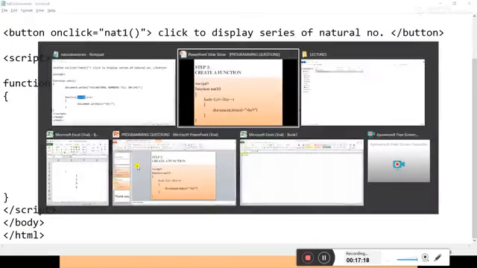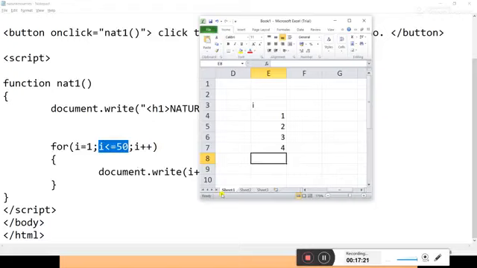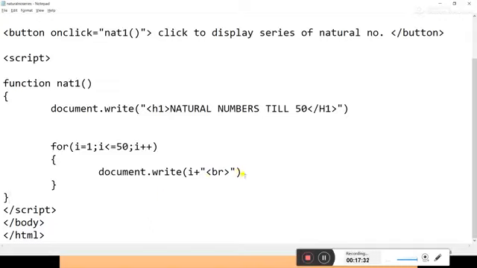See students here, it will display 1 2 3 4 5 6 7 8 9 10 like this. The last number will be 50. After displaying 50, it will give a line break, right, and will come to the for loop i plus plus. Now 50 plus 1 is 51. So here it will check the condition, 51 is less than or equal to 50. The condition will become false, right? If the condition is false, it will come out of the for loop and execute the further statements. If there is no statement, it will end the program here only. So this is the program.